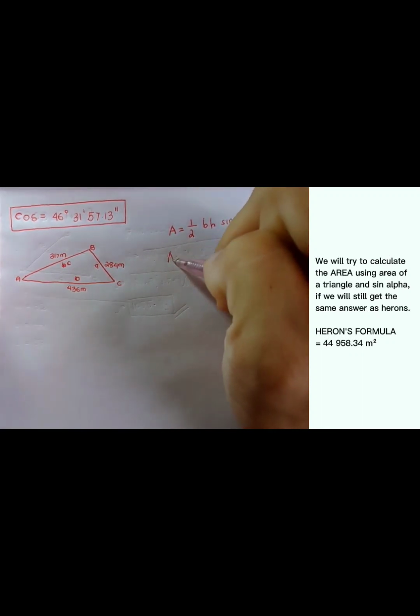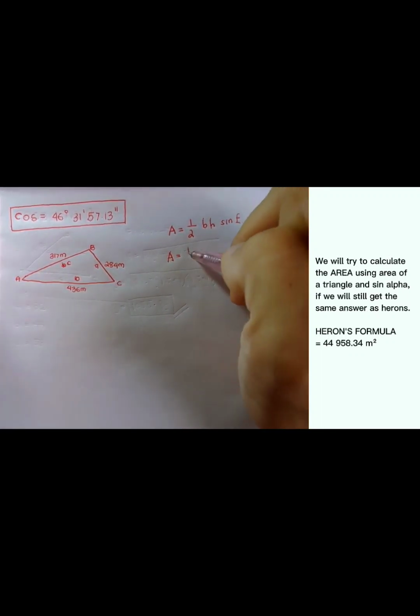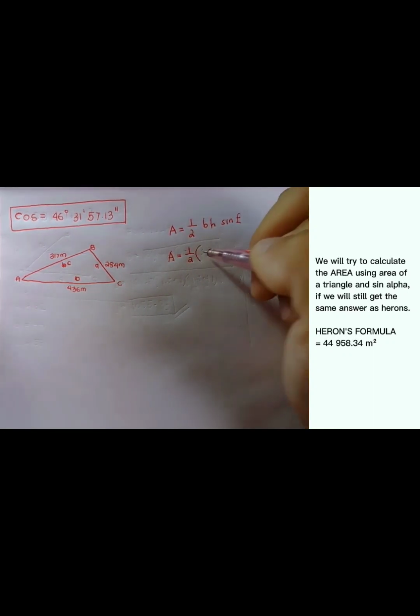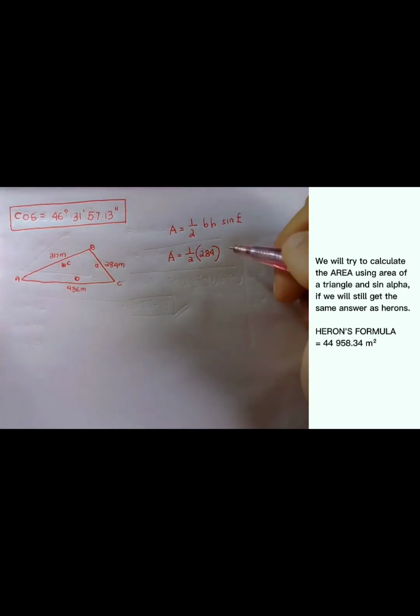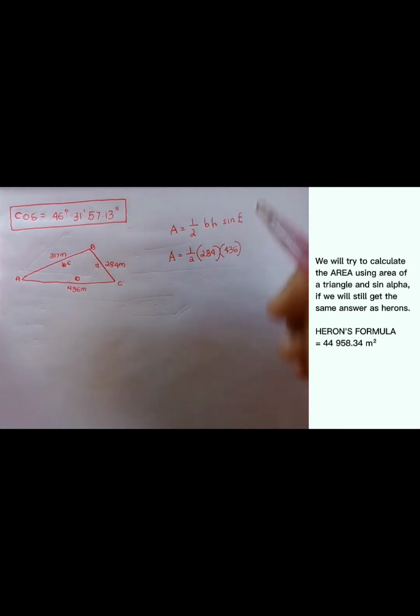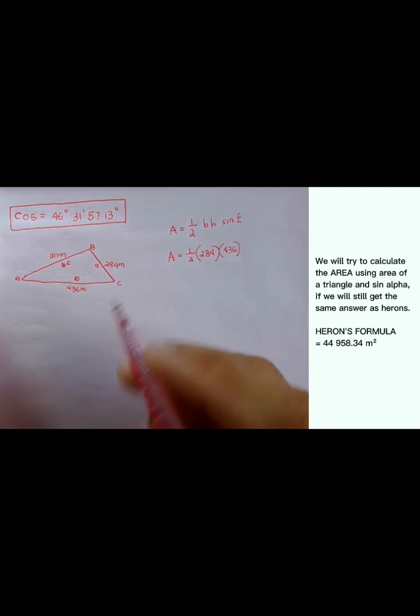So A is equals to 1/2 times 284, since yun yung base ng ating triangle here, times 436 kasi yun yung height ng ating figure here, times